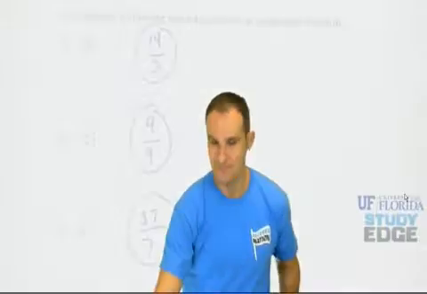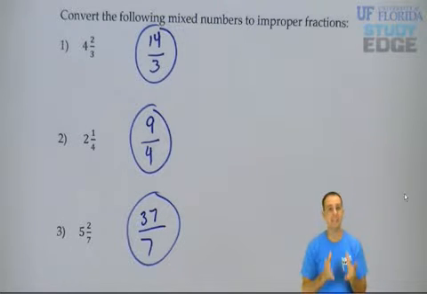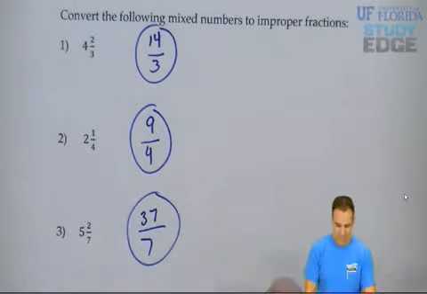So again, make sure you got that. Multiply, then add. Keep the denominator the same. Go ahead and change a mixed number